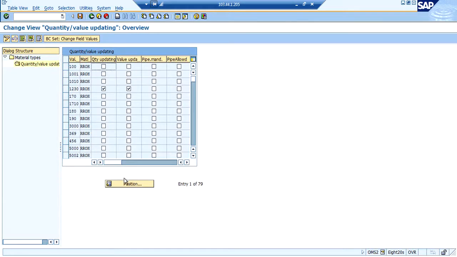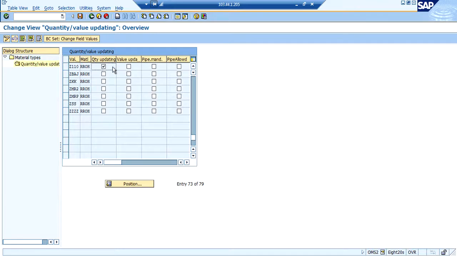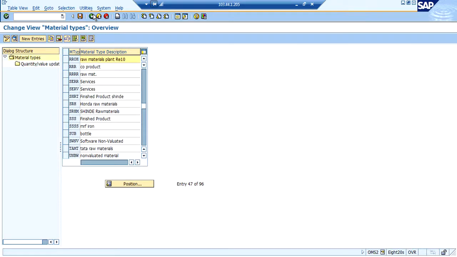Usually in client servers one can see the ROH material type. Since this is a demo server, we are not seeing it, so I have taken reference as the ROH material type.